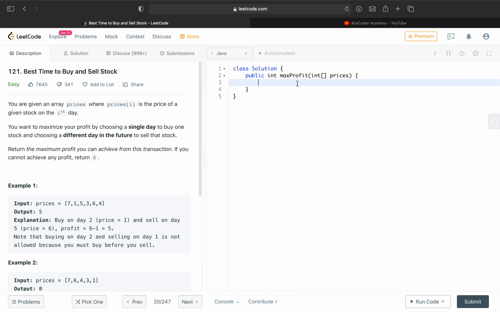So basically first we will initialize size with prices dot length, and we will keep a variable answer which will be storing our answer. The one key point is that we have to initialize our answer with 0, as obviously the minimum answer